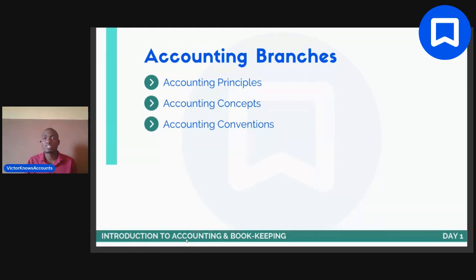So what's an example? Let's say I have a company, Victor Knows Accounts Enterprises, say VKA Enterprises or VKA Limited or VKA PLC. My accountant prepares the accounts. At the end of the period, I want to know whether my accounts have been prepared correctly, fairly and accurately. So I bring in an auditor, he checks my books and gives me his professional opinion on whether he thinks my financial statements were prepared correctly and actually show the state of my organization accurately. Do we understand? That's audit.